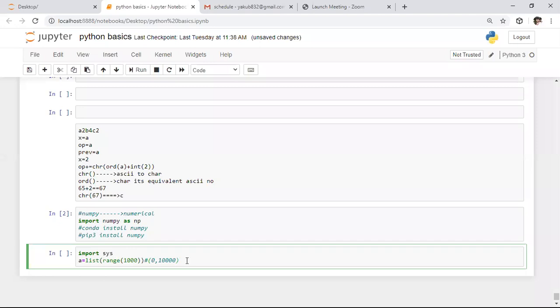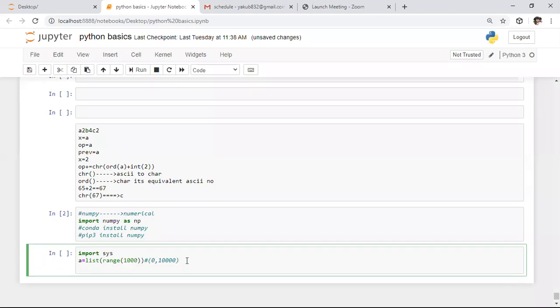After this, I want to create a NumPy array. To create a NumPy array, I'm using one more variable. This variable I'm saying np.arange of 1000. In NumPy we have the arange function, and we will discuss that within a few minutes. So I'm creating one NumPy array also. Initially we created the list with 1000 elements, and here I'm creating one array with 1000 elements. So it is a NumPy array with 1000 elements. Same thing.